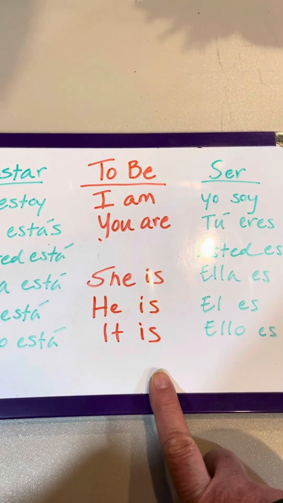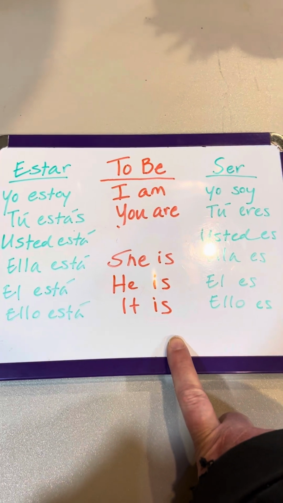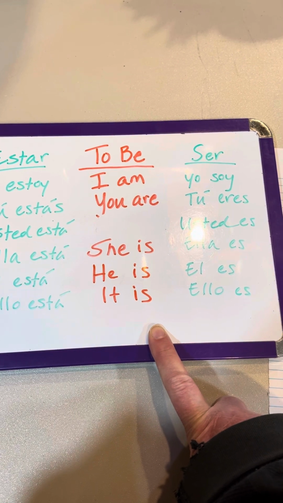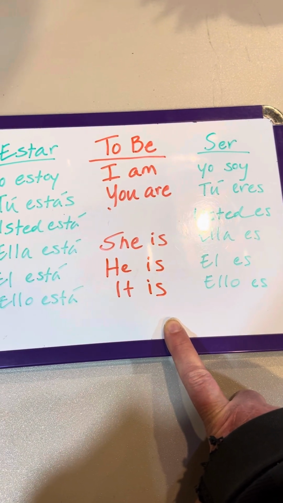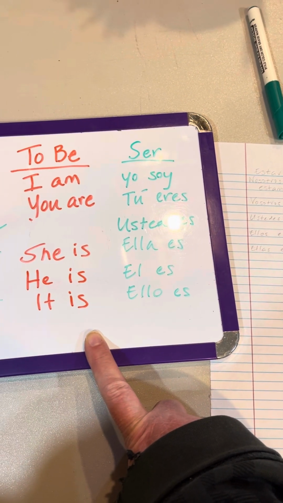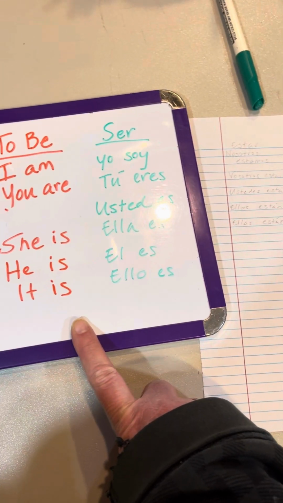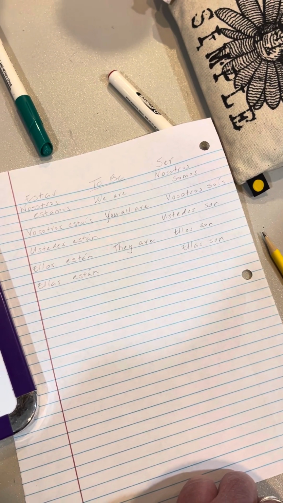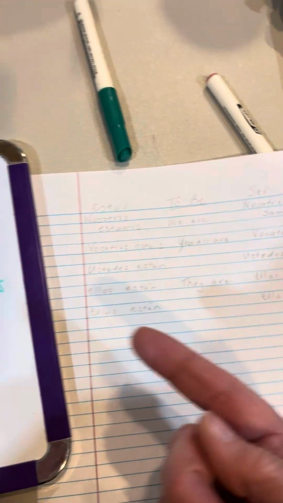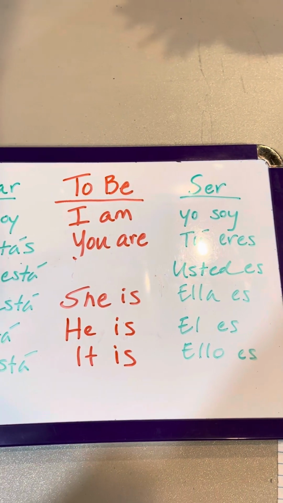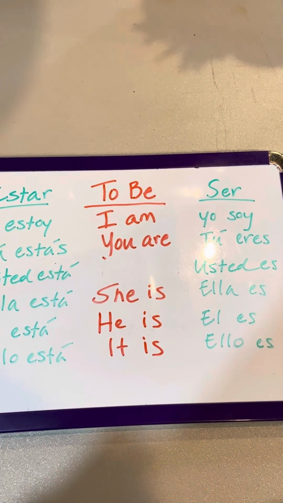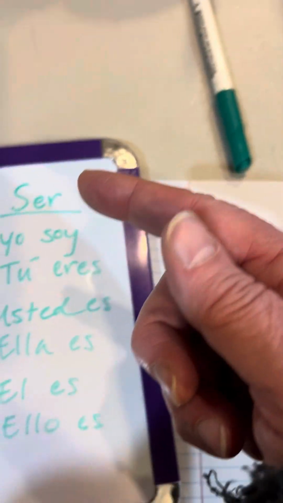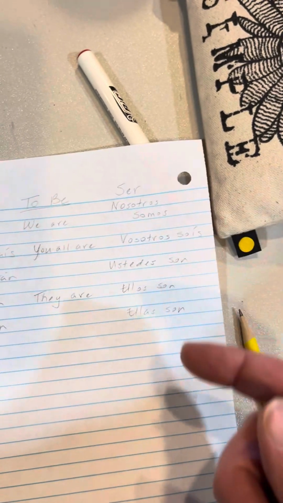And if you think about this, this is a super important verb that we use all the time. I am hungry, I am tired, I am here, I am a teacher, I am a student, I am a pilot, I am American, I am German, I am Mexican, I am from whatever location you want to be from. It is 10 o'clock, it is 3 o'clock. You can hear that to be verb in so many sentences, and this is really clave, really key that you focus in on these conjugations for estar and these conjugations for ser.